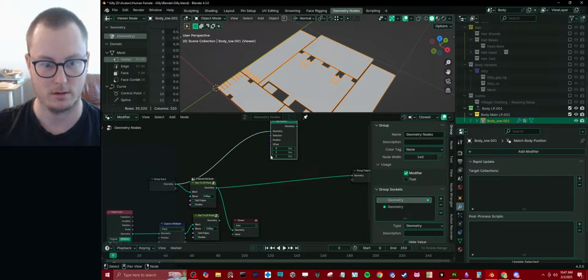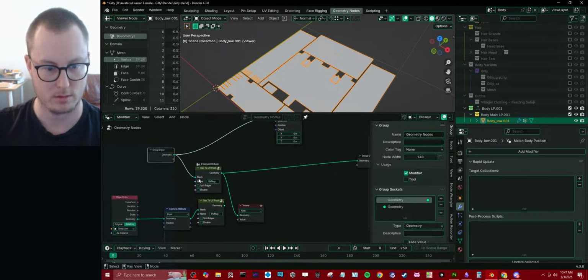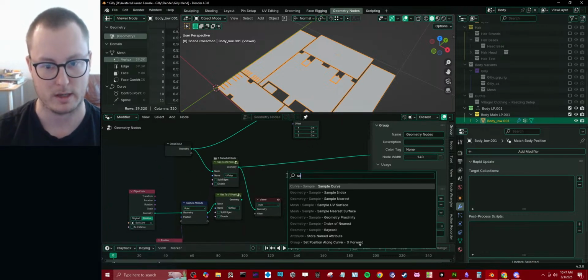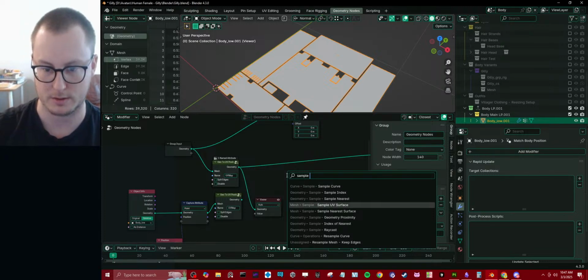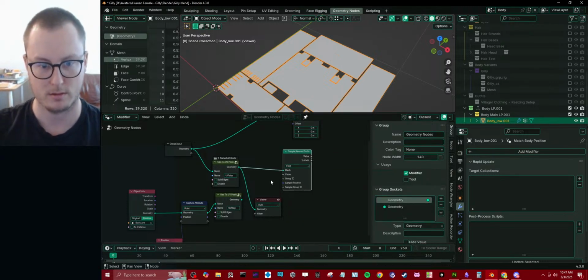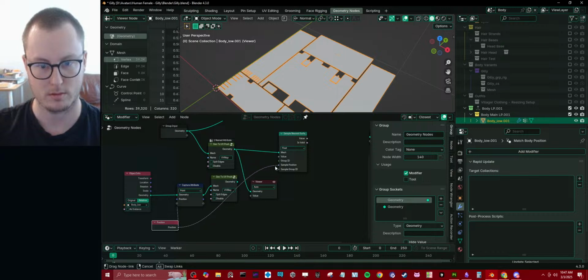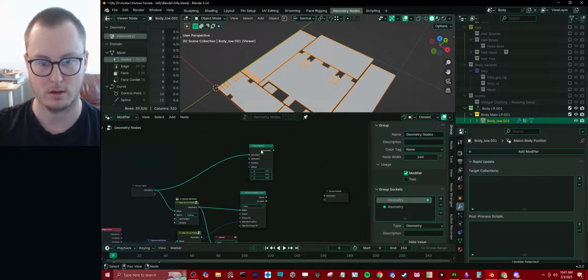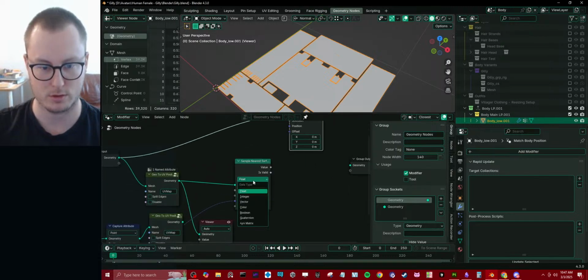Position by sampling nearest surface. For the position here. Then we set the position